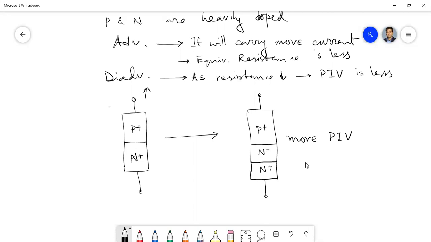So I am not comparing with my signal diode. I am comparing this diode, which has two layers of N, with the earlier one, that means the P plus N plus one. So compared to this, it will,